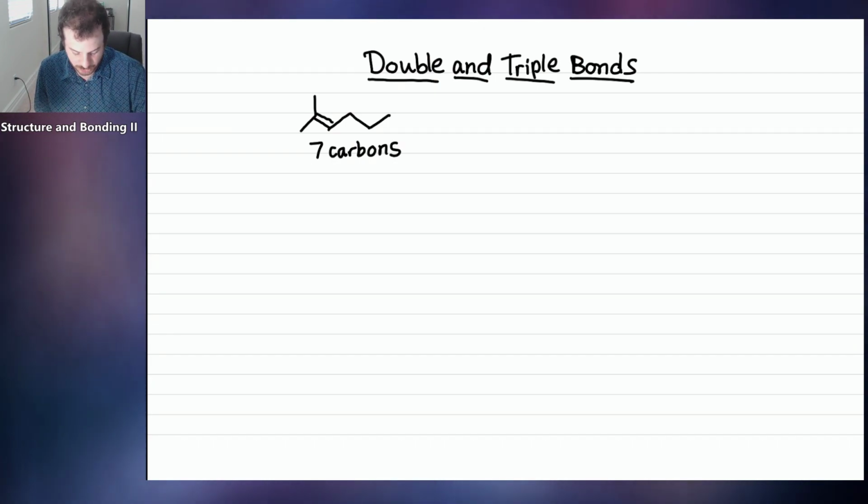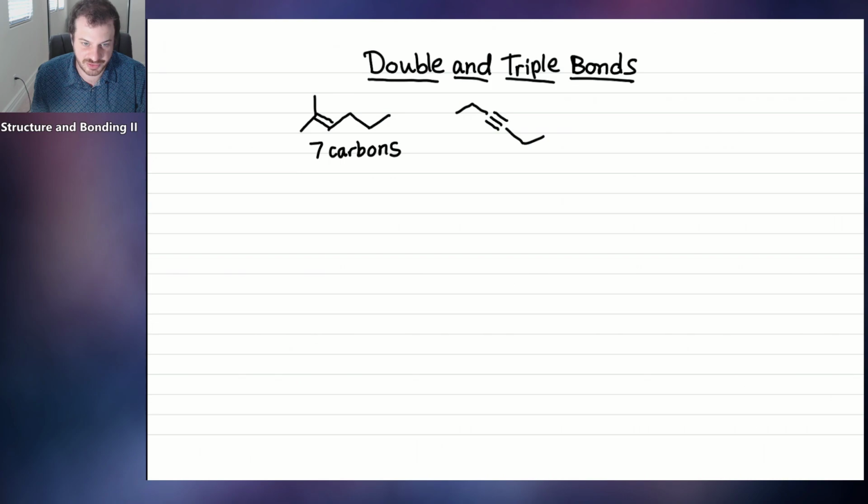And we could also do a triple bond. Remember that the carbons involved with the triple bonds are sp hybridized, which means that they are linear. So notice that when we draw our bond line drawing, we have a straight line through that triple bond, showing that 180-degree bond angle.